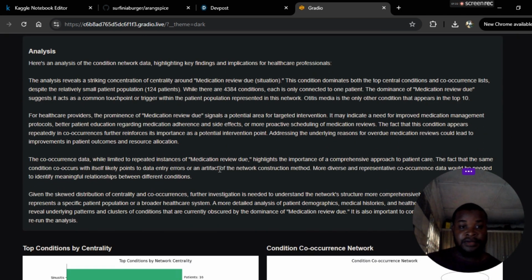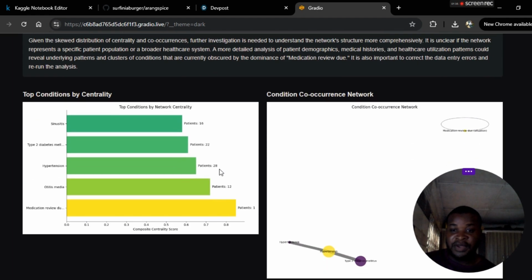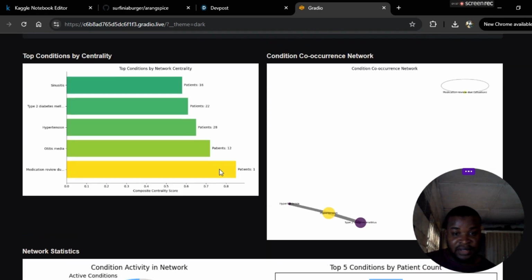So it reveals a striking concentration of centrality around medication review due. This condition dominates both the top central conditions and co-occurrence lists. We also have the visualization, and we can see the medication review due is quite high,